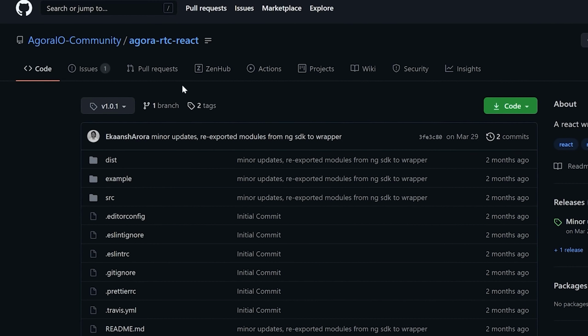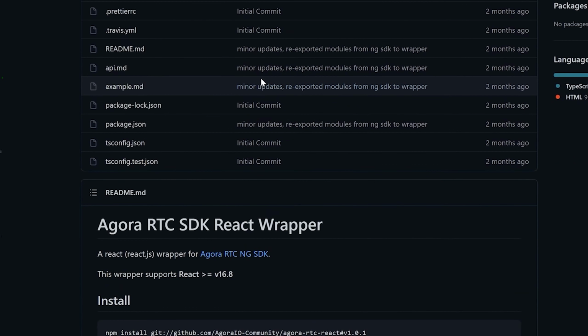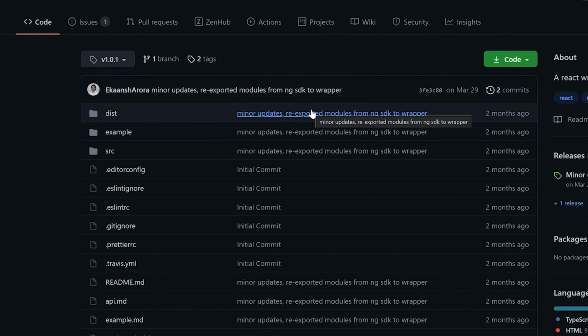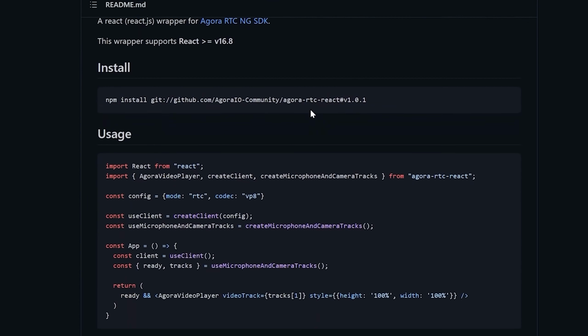So this is a wrapper that's created by the Agora IO community. So this is an open source wrapper. And what this actually does is just make our life easier. So it has all of the Agora SDK in it. And then it comes with a few hooks for React that we can use. If you don't know what that is, don't worry about it. We'll look at those later, and it just kind of simplifies the SDK for us and wraps a bunch of these